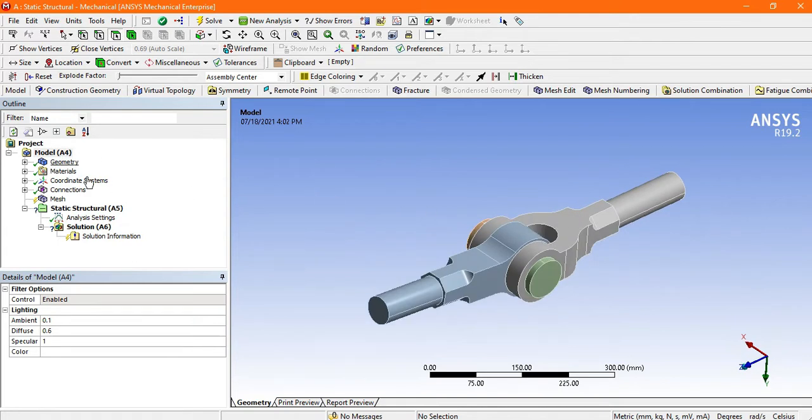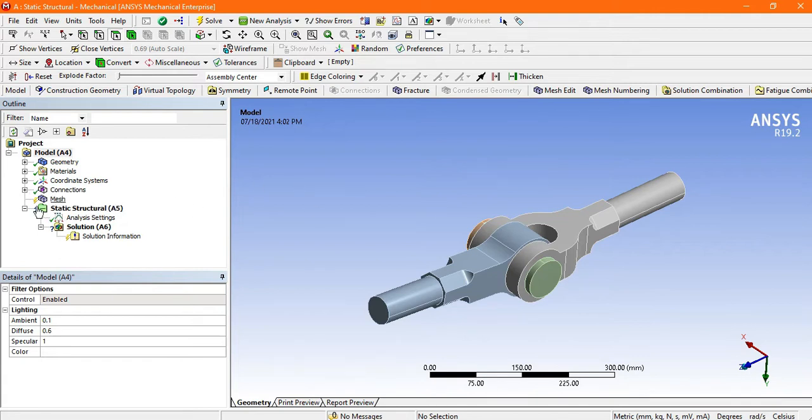So there are simple operations in ANSYS. First you have to import one geometry and set the engineering data, or the material, so automatically structural steel is selected from the engineering data. Next operation is to do the mesh.